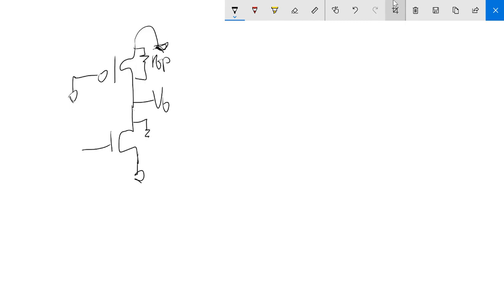This is RON. And the thing is, this is in triode, and all these resistors are in parallel, right? So which means you actually have,